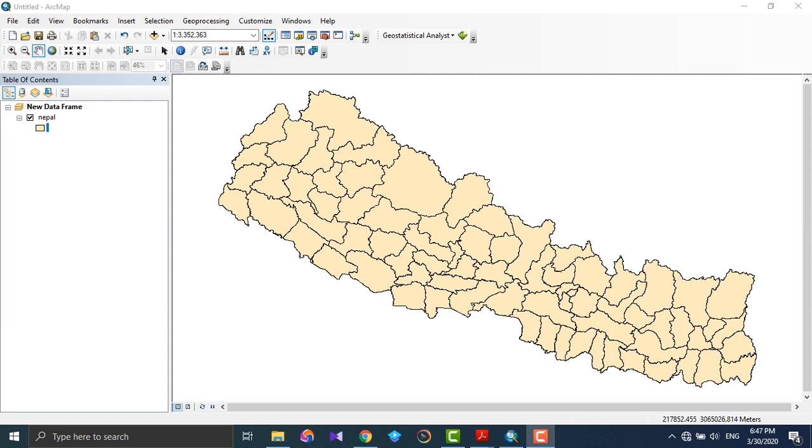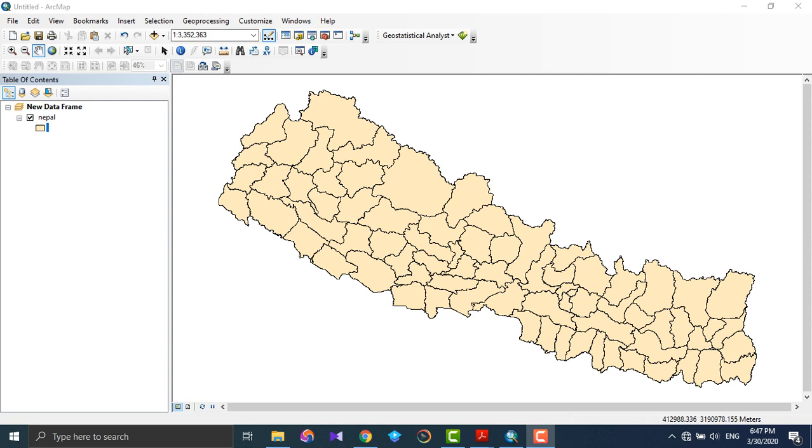This tutorial is going to be a little bit longer than usual because I'll teach you how to make a study area map from a country map. Okay, you can see this is the country map, the map of Nepal. As already described, I described the data frame to you. Okay, so